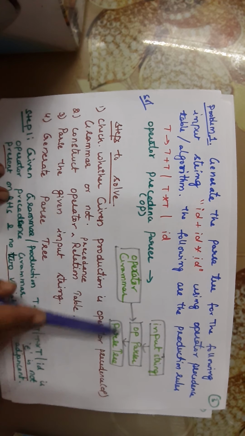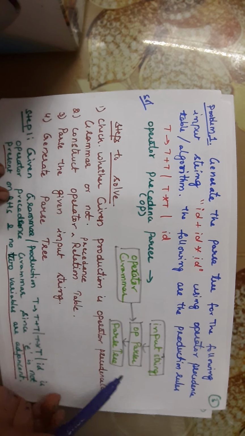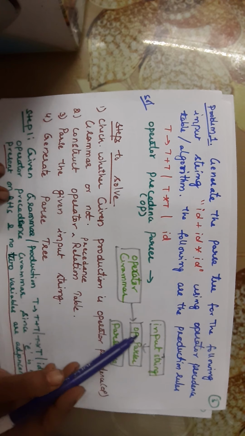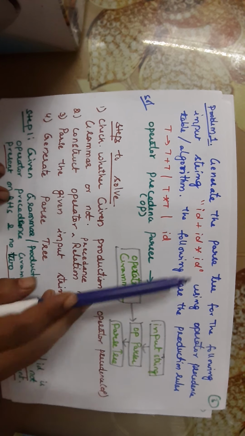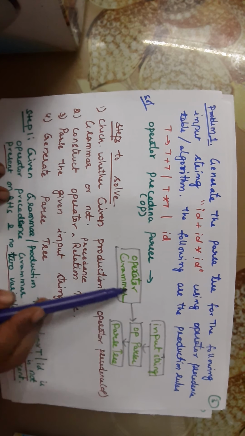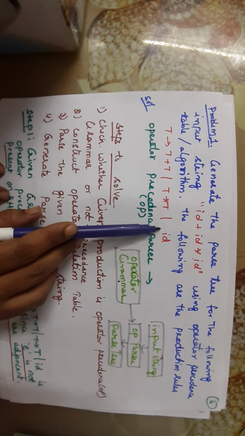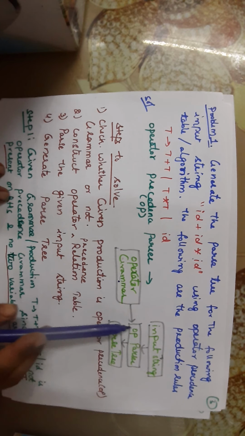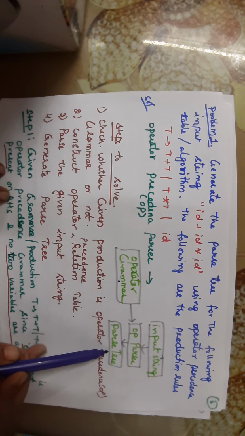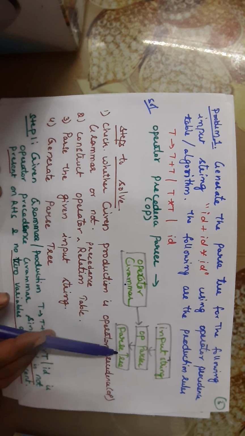So coming to the logical operation of this operator precedence parser, we have an operator parser, that is, the algorithm will work on this operator parser section and it accepts the input string. The input string here is ID plus ID star ID. And we have the operator grammar which is also given in the question: T plus T, T star T and ID. These two will be taken by the operator parser, the algorithm is implemented, and then finally we get the parse tree. Now what are the steps in order to generate this parse tree?